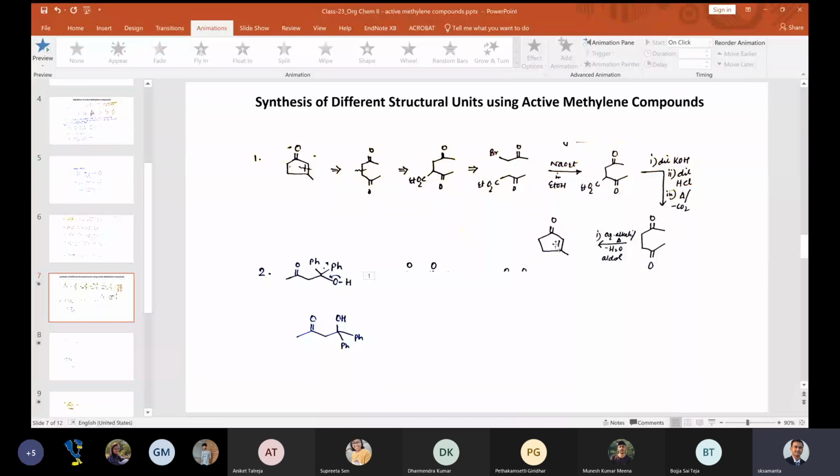Then you know the simple aldol condensation reaction. Aqueous alkali, heat. One of this is symmetric. One of this CH3 will form CH2 minus and attack this carbon center. Okay. So then you will ultimately get this compound. So did you understand this problem? Any question? Any doubt?